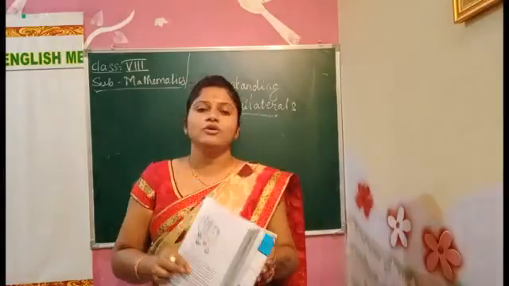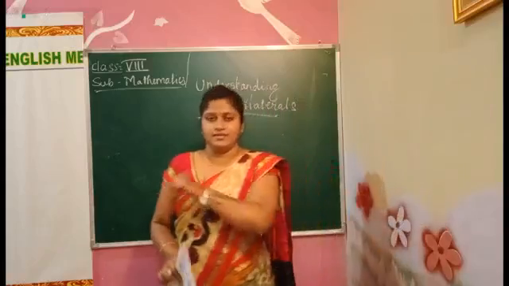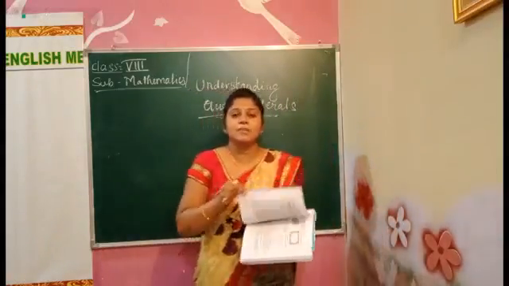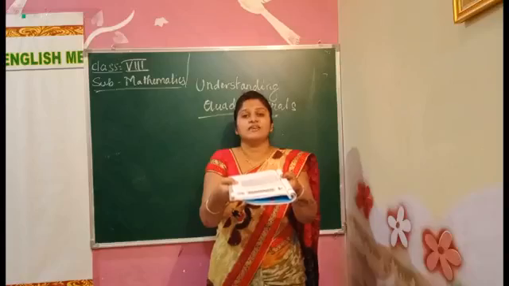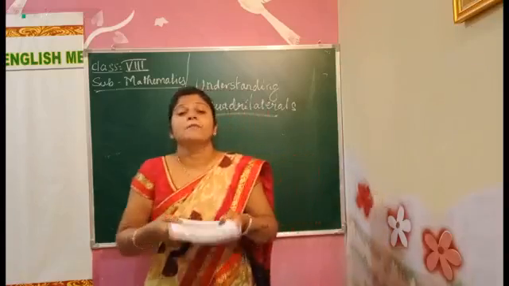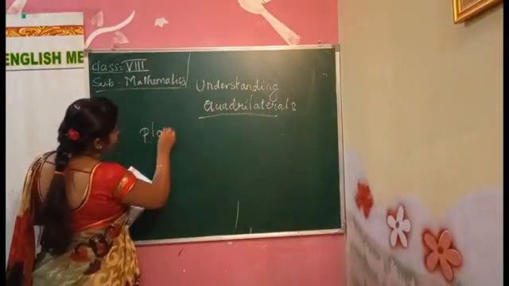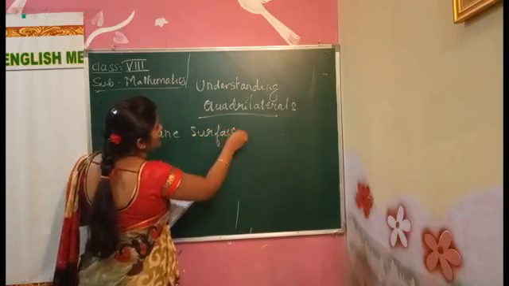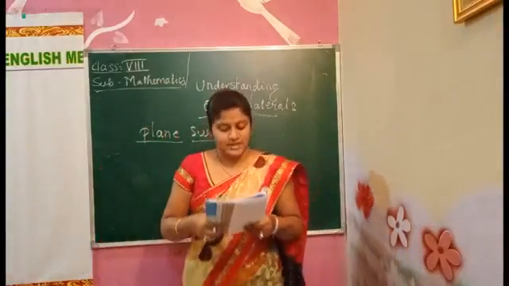Okay, you all know the surface. What is the meaning of surface? The plain thing. For example, the paper is a plane. Yes, it is a plane. If we keep it like this, it will be a plain surface. This is called a what? Plain surface. This board also, what? It is also a plain surface. The board also is a plain surface.